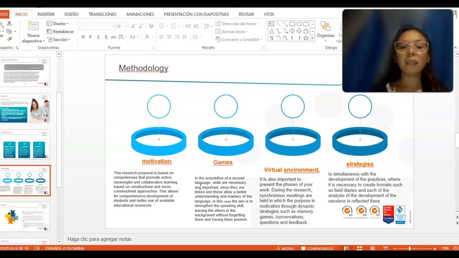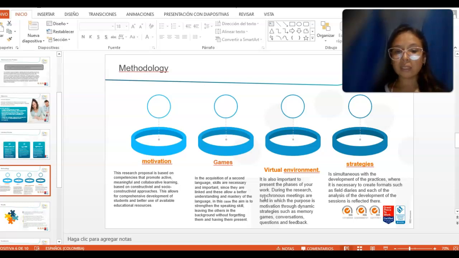Skills are necessary and important since they are linked, and this allows a better understanding and mastery of the language.